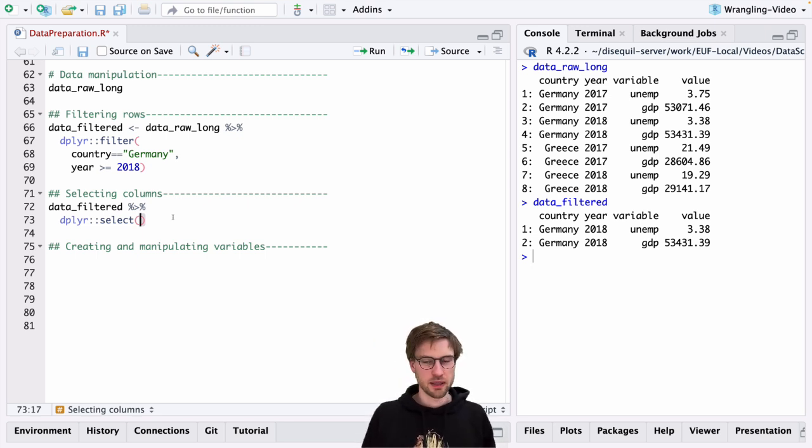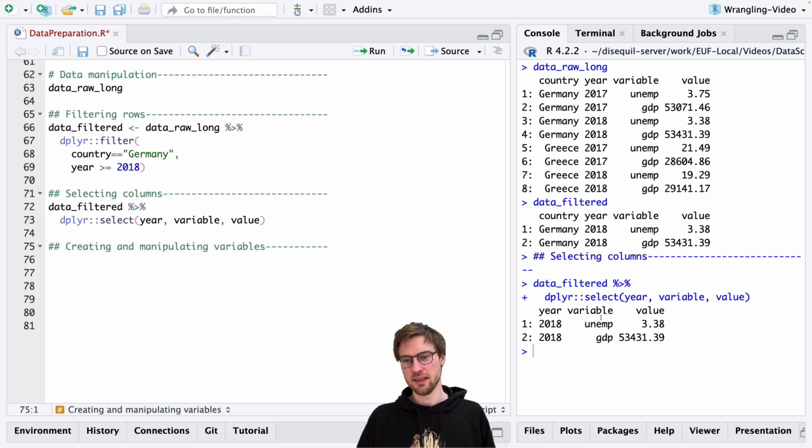Now, the most straightforward way to use it is probably to just type the names of the columns I want to keep. So in this case, it might be year, variable, and value. Note that I did not write the name of the columns in quotes, so I'm not writing them as strings, I just write the names down. If I execute this, you see that only those columns are kept in the